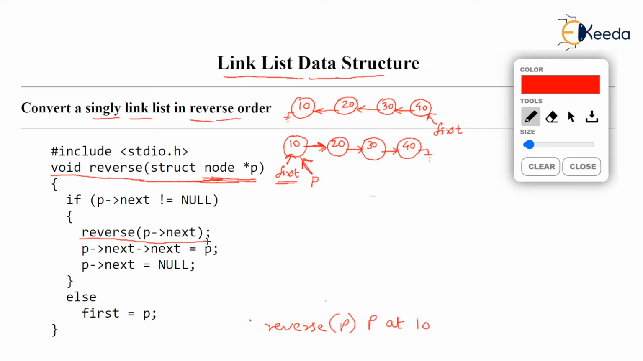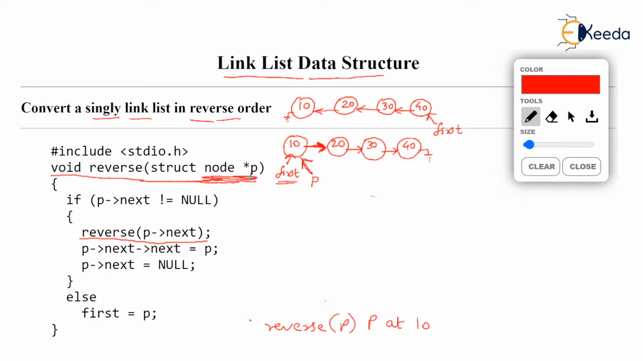Reverse is calling reverse. But the parameter passed is P arrow next. Literally, P arrow next means address of 20. Observe, P arrow next means next of 10, and next of 10 is nothing but address of 20. So the reverse function is called by passing address of 20, and that address of 20 becomes the parameter P again